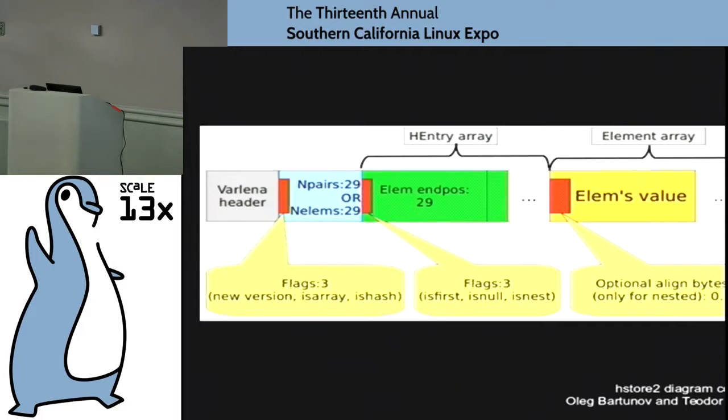It was being called HStore2, and so basically what we have in here is you have your value header, and then you have your master header, and that points to where all of the top-level keys are. And then each of the keys may have a pointer to an area that has keys underneath that key, and then finally to values. And it's done this way these days because of the whole compression thing. We use a combination of offsets and lengths in a fairly complicated structure, but it works pretty well.